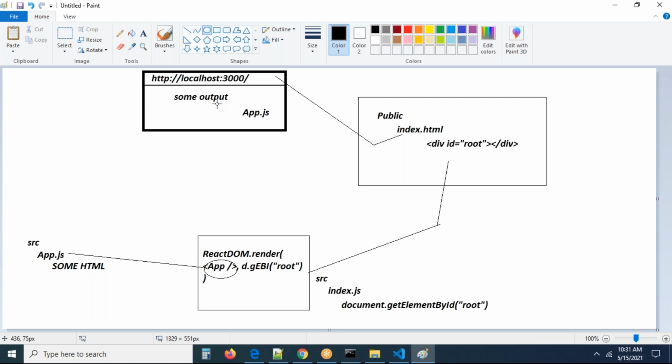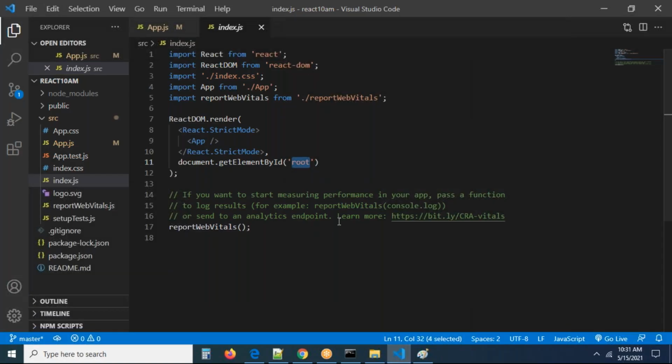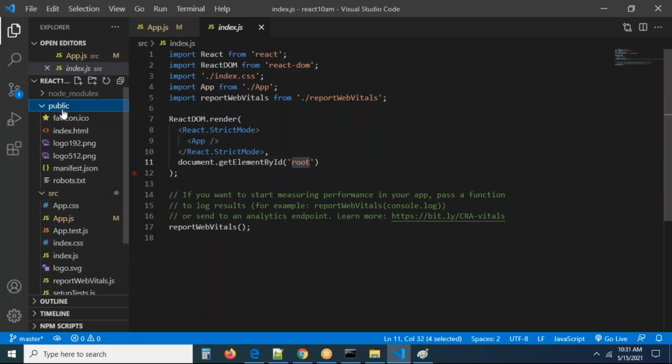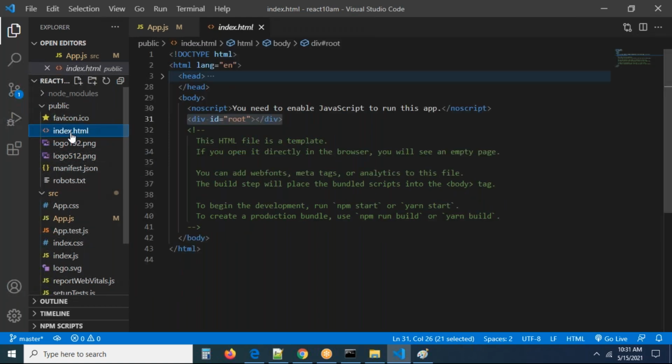I mean, when you send a request, the first request goes to the public folder. After that, it goes to the src folder, to index.js. In index.js we have ReactDOM render. So see the output of these, guys, exactly how the output flow will execute. In index.js we are importing app. This app is going to be appended to the getElementById. In the public folder we have a file called index.html. This is our index.html, guys. Exactly, so this is how the execution flow will happen, right?